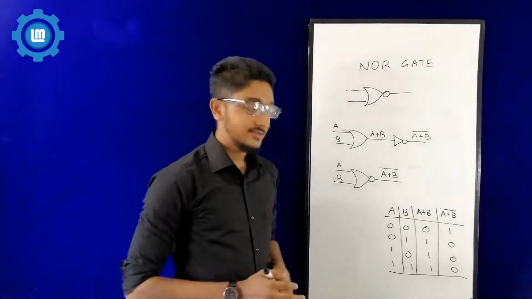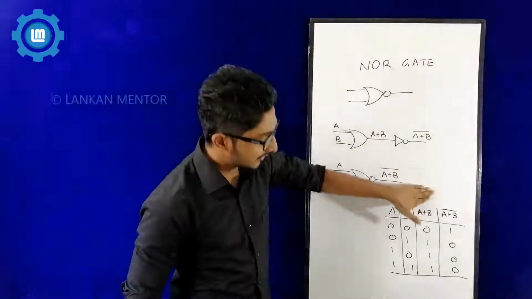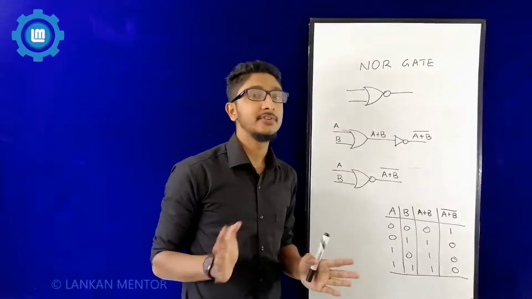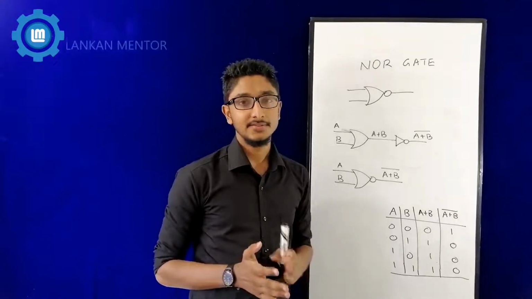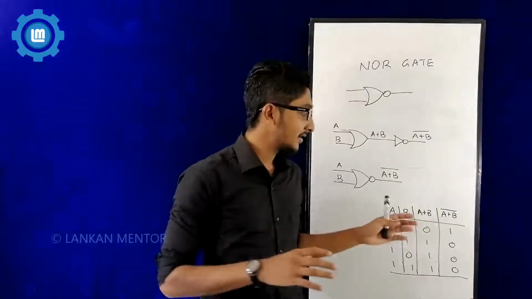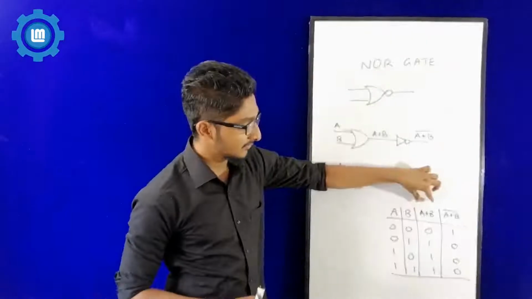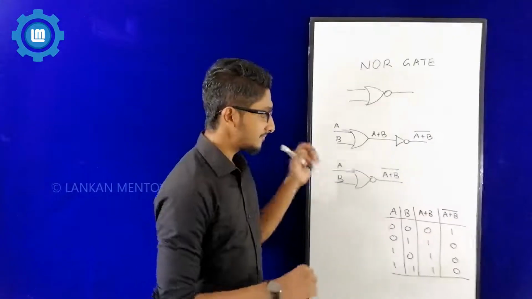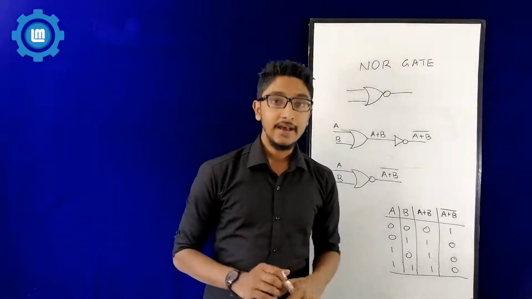Now why I told you to write these things separately is because if you don't have this step, if you don't have A plus B, then you might get confused and make some mistakes. So to be safe, you can do the calculation on the side without making mistakes if you write them separately. Right? Okay. Now we'll go to the next combinational gate, the NAND gate.